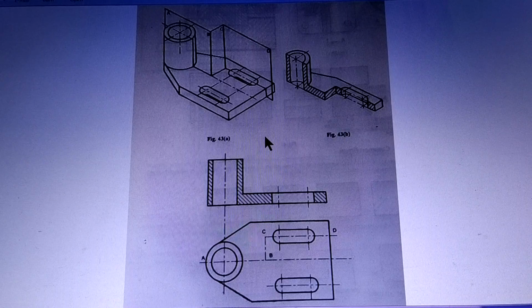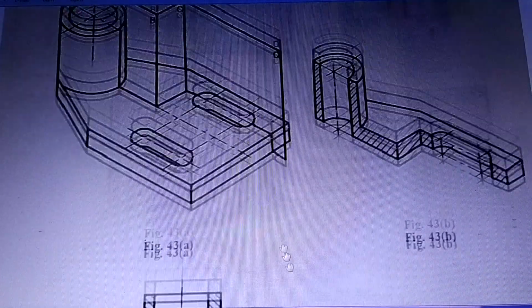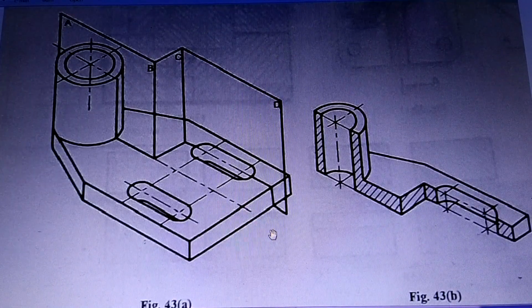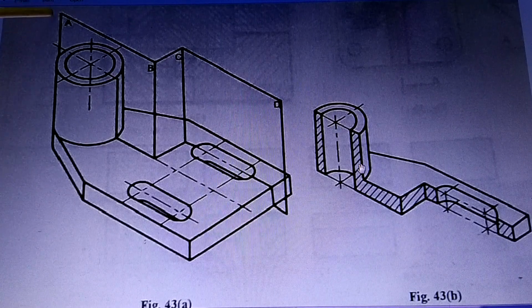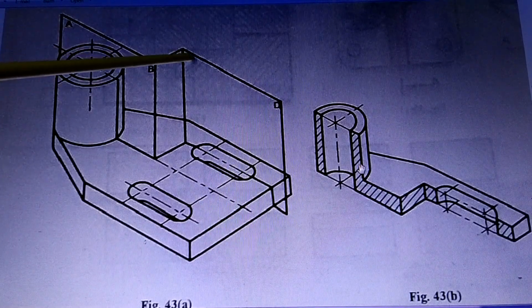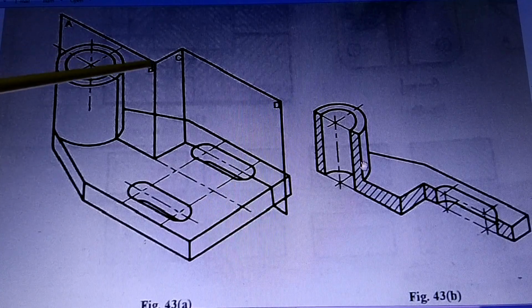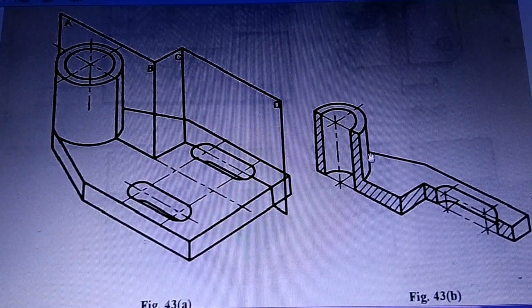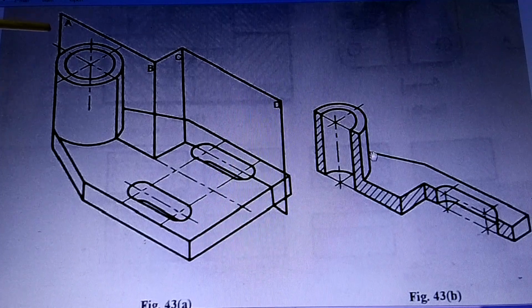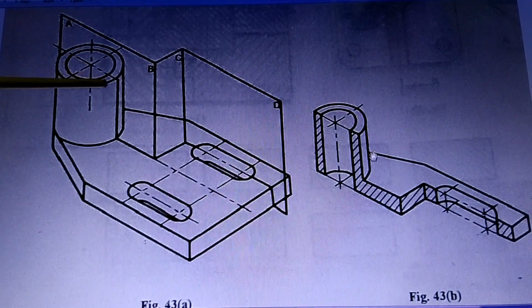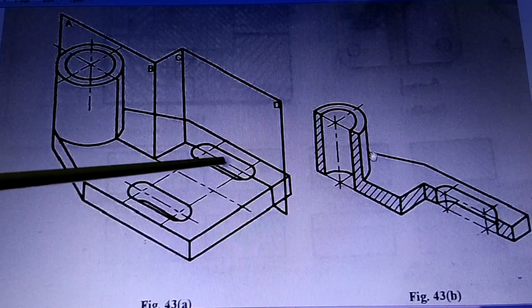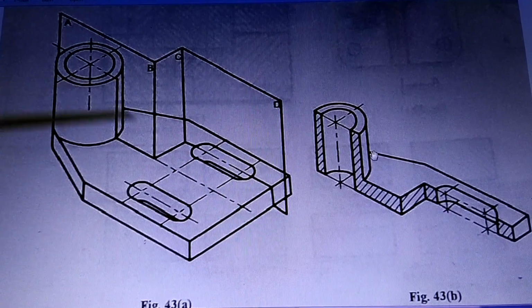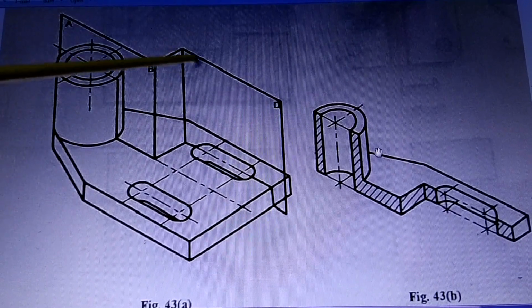One more example here. Now this example shows that sometimes the sectional plane is not in a straight line. So this plane is an offset plane. This is called the offset plane. The plane goes like this, then it shifts here and then takes a turn like this. That means you are trying to show the cut section of this pipe, and at the same time you are trying to show the cut section of this slot also, but they are not in one line, so you have changed the cutting plane like this.